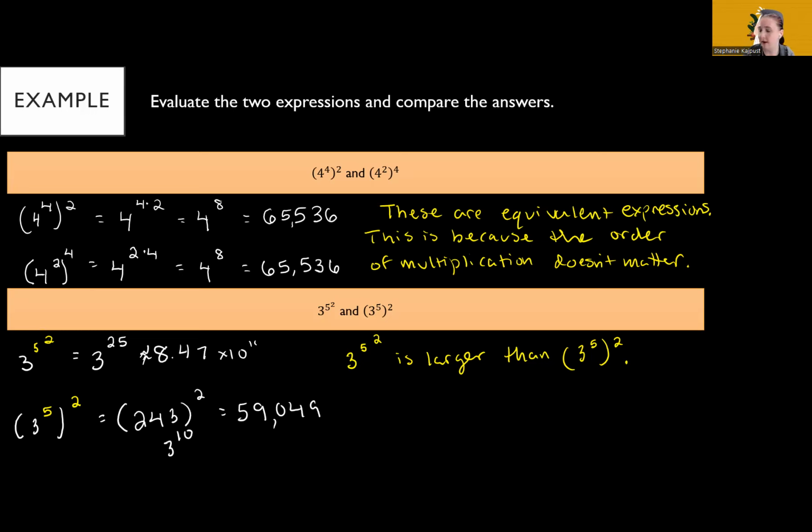So my calculator, and it may be different based off of what calculator you have, if I put in the first one just as written, 3 to the fifth to the second, it assumes the second one, and it will give me the second answer. So just as a little side note,